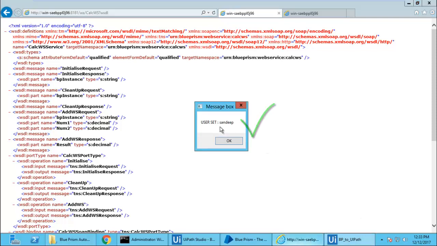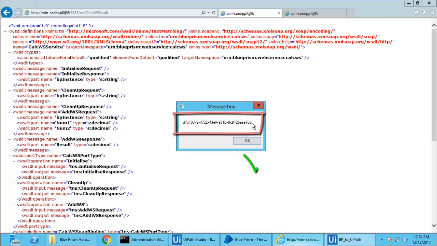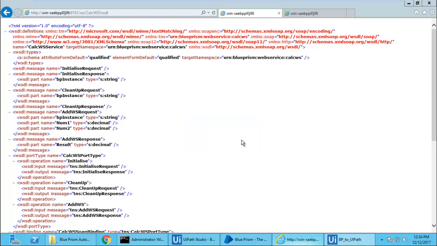It started running, user said Sandeep, that's what we expected. You're authenticated, this is the result of the second one, which you expected. You can pass if else using a string comparison, and if you do not get the string, then you can skip to the exception handling scenario. And we got it. This is the string, the session ID that needs to be passed to the next step when we are going to call our calculator operation.